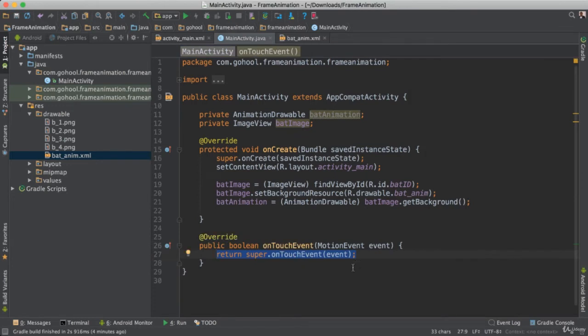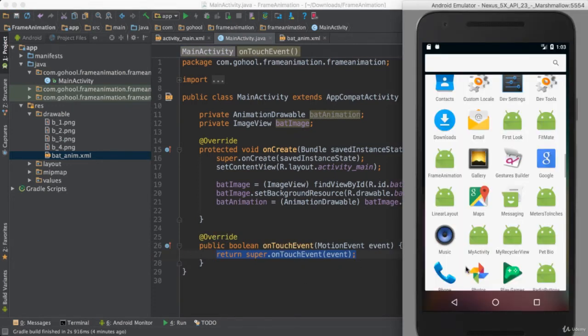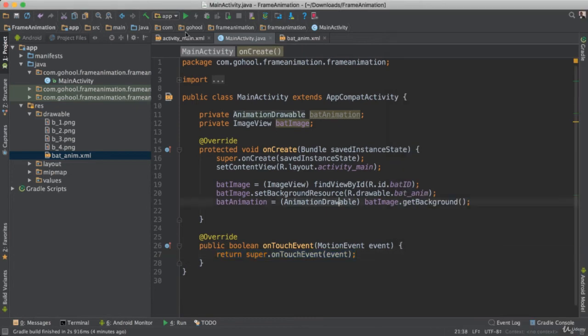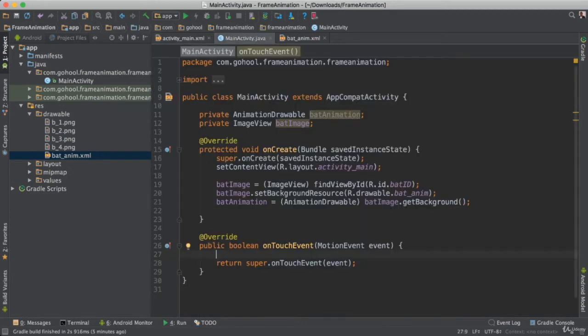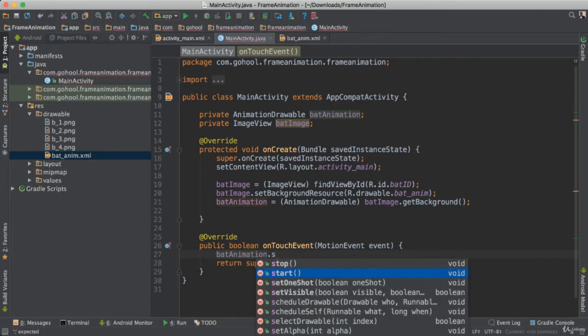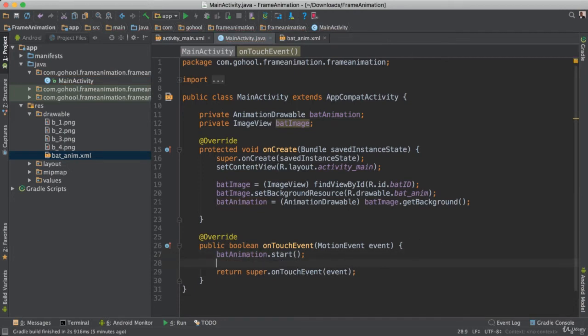Now this one here will allow us to tap anywhere in our activity here on our screen, and then grab that event, and then we can do things with that event. So here, very simply, we can just say bat animation dot start, just like that. If we save this and give it a run,